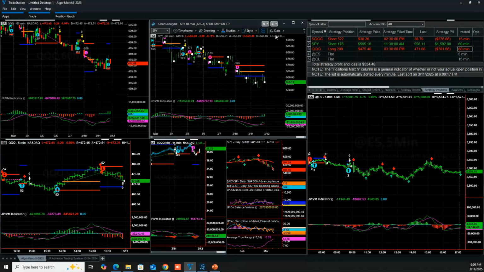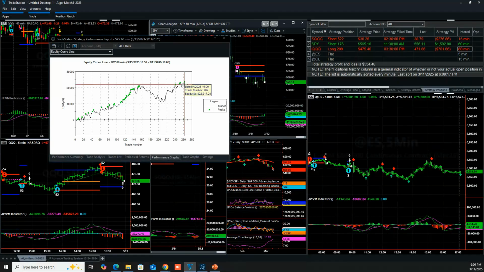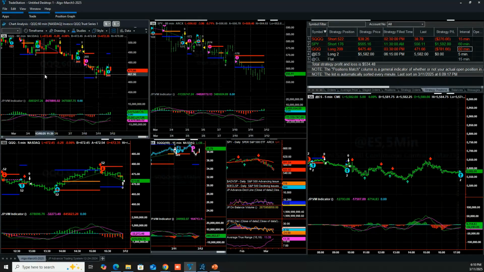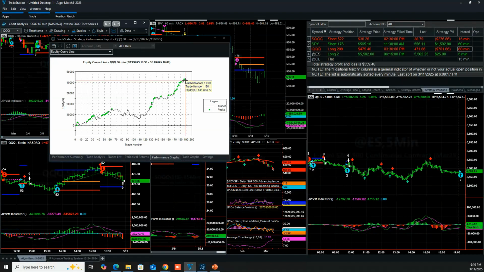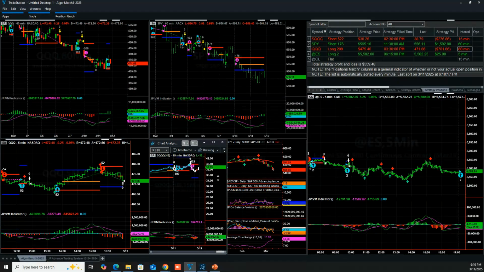But overall, if we look at the strategy performance, I'll just share with you the graph quickly. This just made another new equity high last week, and it's just not really been doing a whole lot, and it's not calibrating the last trade because it's not out. So TradeStation doesn't know if this is a winner or a loser. So if it's a winner, obviously we're going to see another uptick in the performance. In the NASDAQ strategy that we run in the live trading room, it did just generate a new equity high, and it's just been dancing up against that equity high right there. And obviously we'll see what's going to come out of the market. So that's the overall